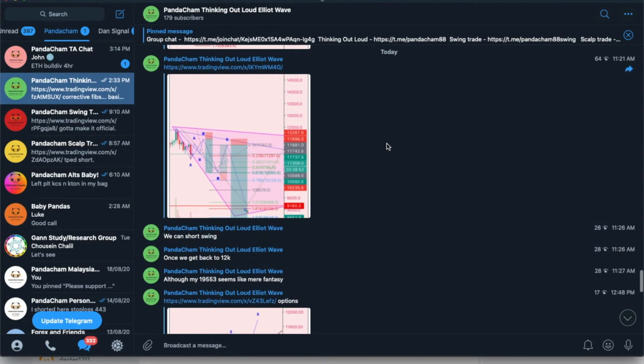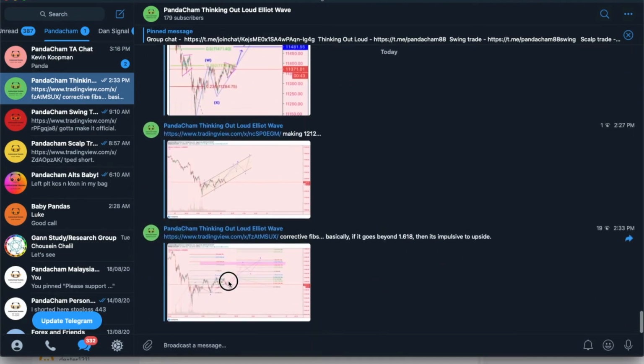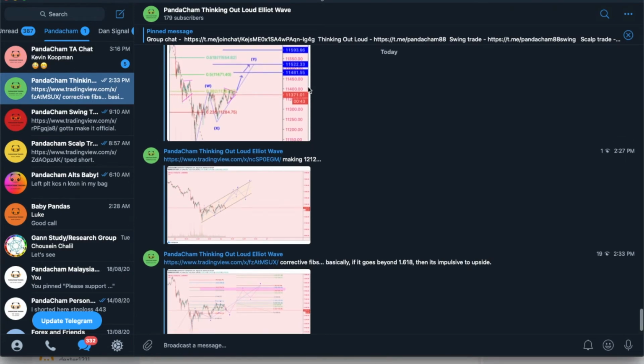but my bias is of course to the upside, right? And my latest update was this, which is either it's an ABC or it's an impulse up. If it breaks this high, okay, so if it breaks 11,598, it means that it's possibly that it could be an impulse. It's not an ABC anymore. So